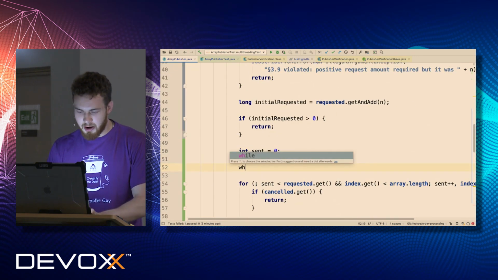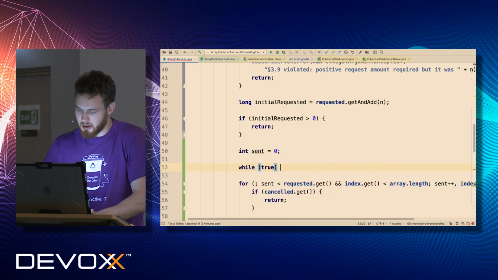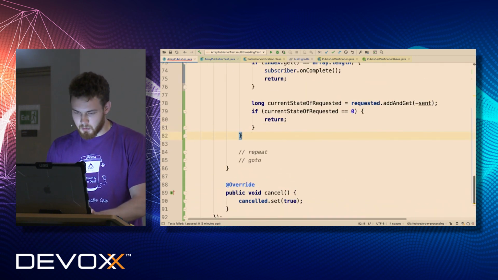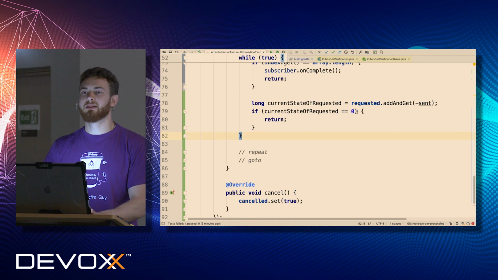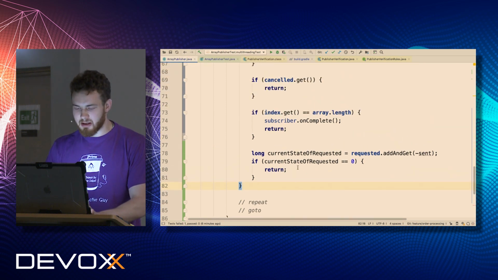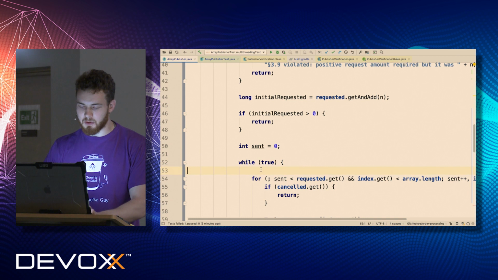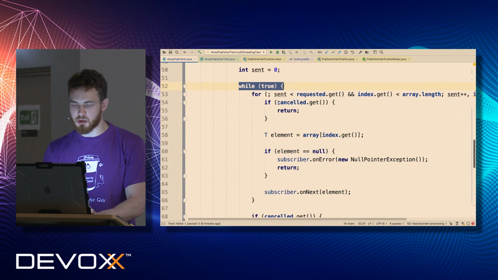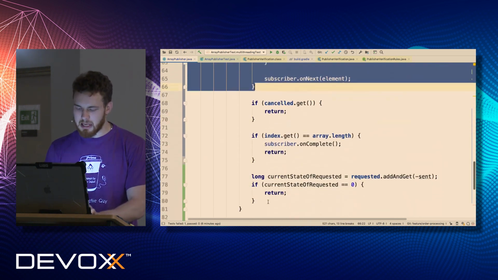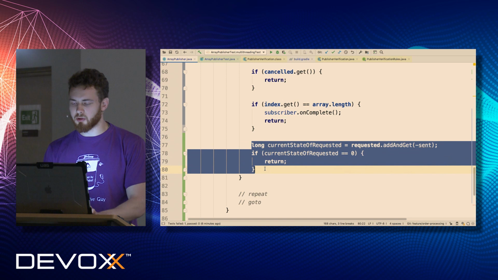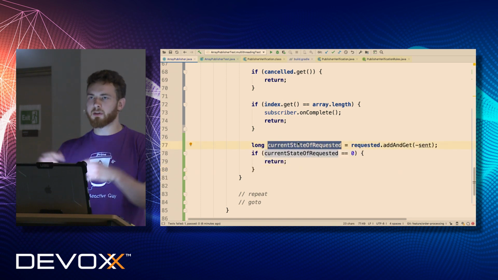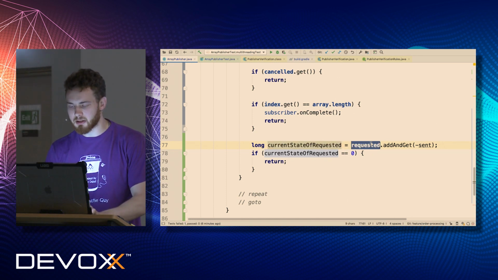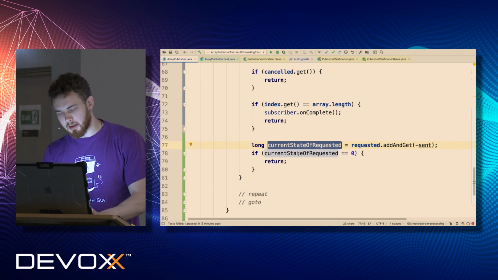We can write while like this. While true, why not? Let's iterate forever, or not forever, until all the elements are sent, right? So what's happening here? Basically, we start an infinite iteration, but this is not an infinite iteration. One thread just entered this execution. He started sending. But once he got to this point of racing, if there are 2 threads trying to decrease and increase the number of requested elements, one of those will win and another will lose.